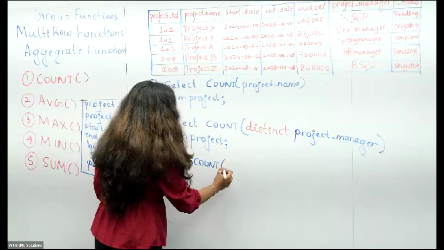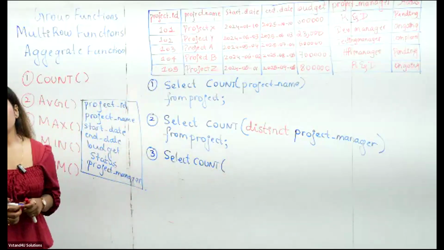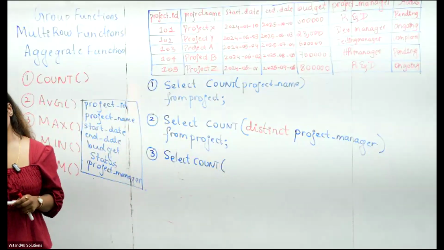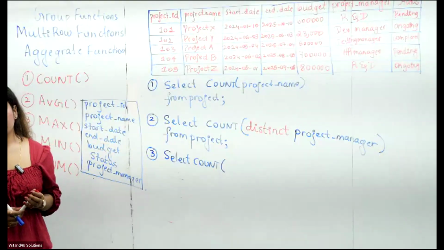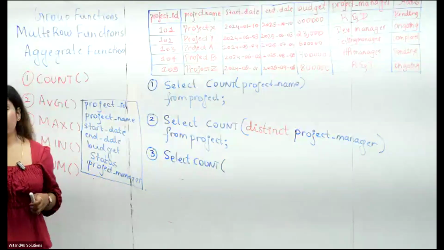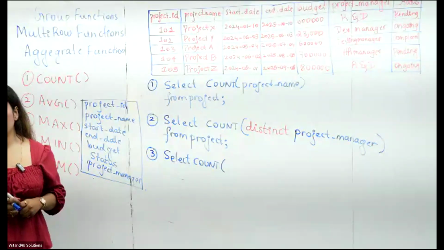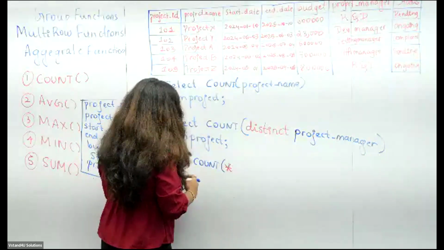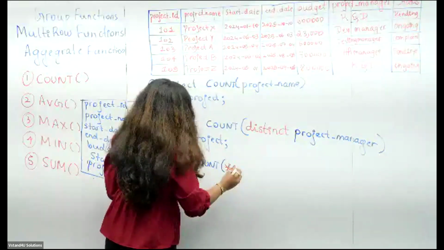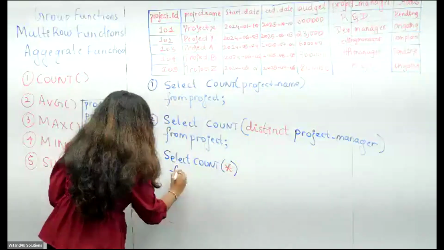Select count of what? Are they telling you to select any one project or all the projects? So can I say count of star? Count of star means you'll get the complete project, right? Yes or no? Count of star. Then what should happen? From the table called